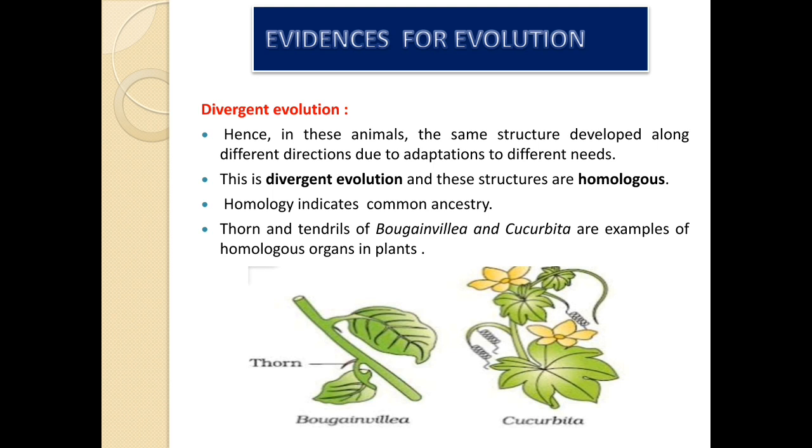So I hope that you have understood divergent evolution and homologous organs. So my dear student, next class we will discuss convergent evolution. Clear? With this I hope that you have understood today what divergent evolution is. In divergent evolution another term is associated, that is homologous organ, then you will never forget. In divergent evolution, same structure, different function. So why do they show different function? To show adaptation towards the different needs of life.